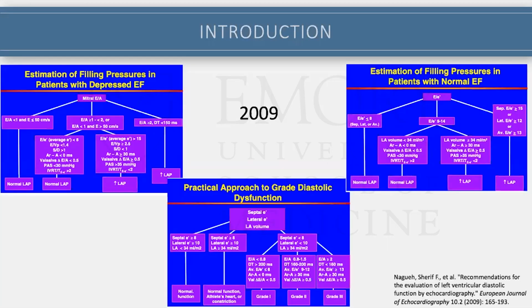So then we get to 2009, and we get one of the first official recommendations from the American Society of Echocardiography regarding how to assess diastolic function. I won't go through this in detail. We'll look at the new guidelines in a little bit, but I just thought this was really interesting. This was obviously before a time when I knew anything about echo, in 2009. And I was surprised looking back at it to see what the standard assessment of diastology would be in an echo. Obviously others can chime in who were practicing at this time, but